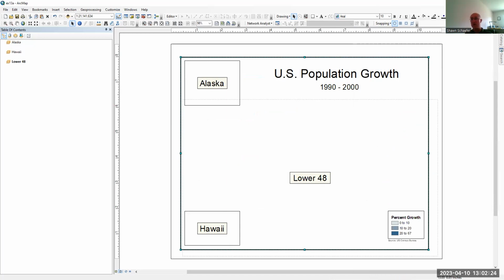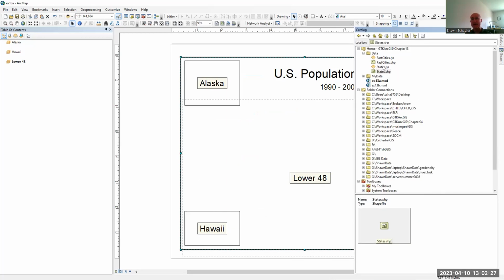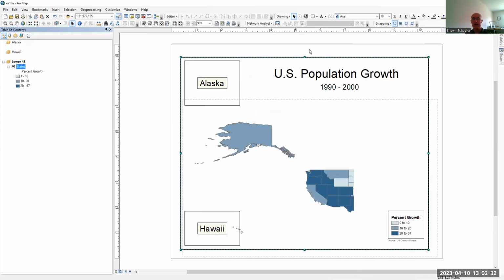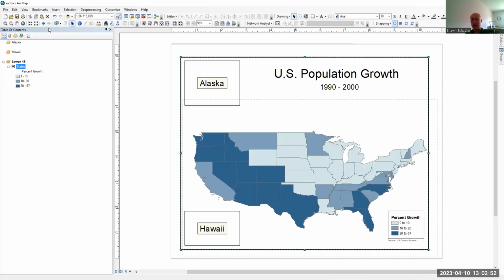And now what I'm ready to do is bring some data in here. So I'm going to bring the states layer into lower 48, okay? And then here you go. Here you can see it kind of cropped it off, and the lower 48 is kind of shifted. That's kind of to be expected. And they have saved a bookmark for us called the lower 48. If I click on that, now it will fit the 48 states into the layout window, the data frame,